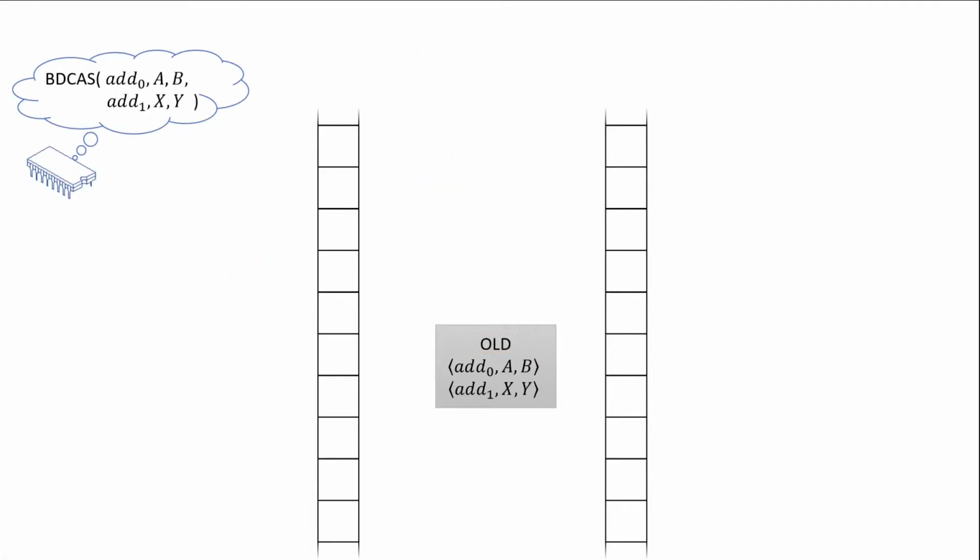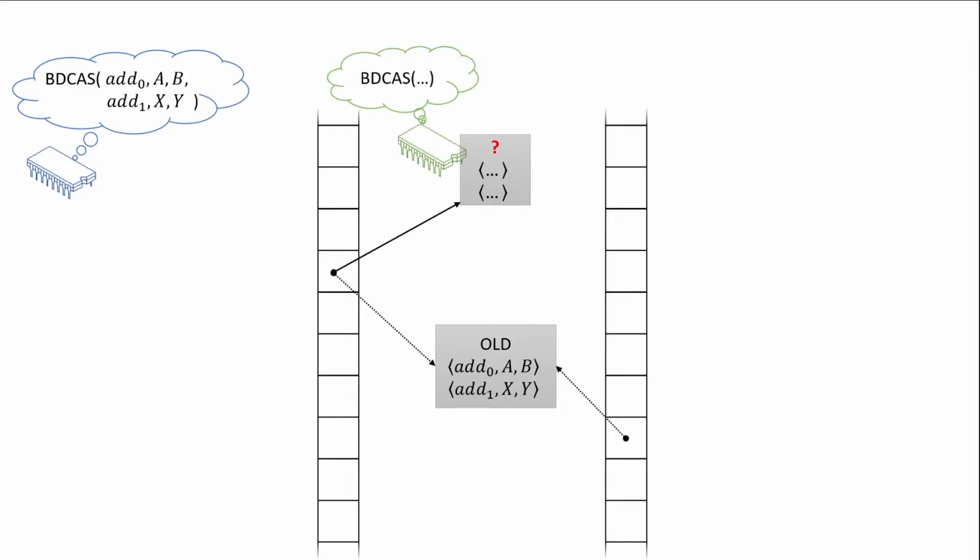Now, how can we safely attach a descriptor? We have to be careful not to change the interpreted values when writing new descriptor addresses into the array. We will first check the left side address and determine the descriptor that is currently attached. This descriptor must belong to some other BDCAS operation. We will then help the process that created that descriptor finish its BDCAS operation by performing the same steps it would perform. The descriptor has all the information we need to do that.